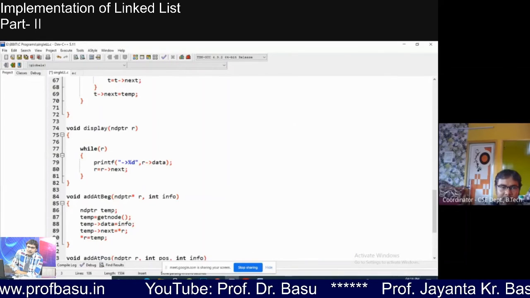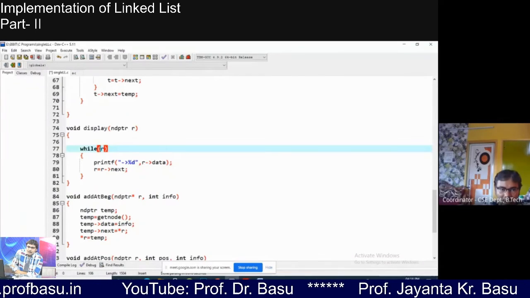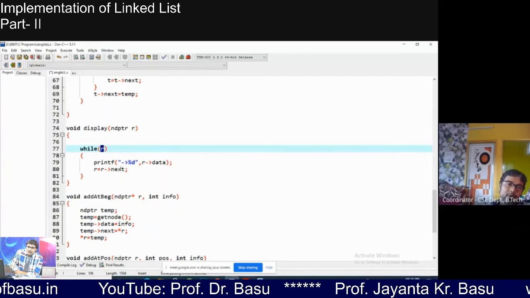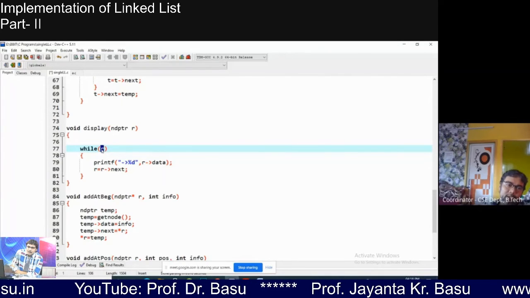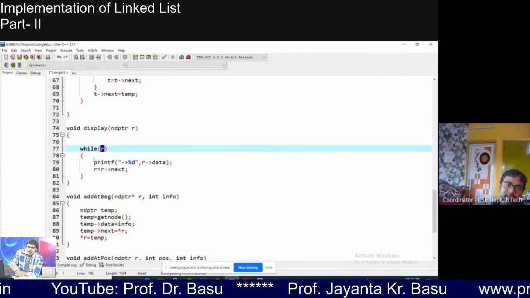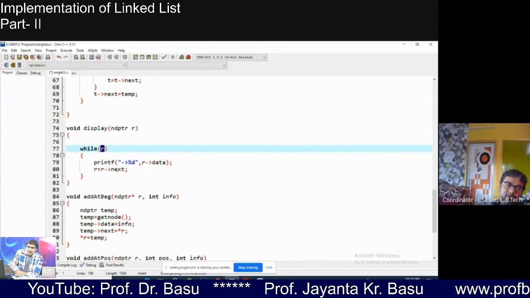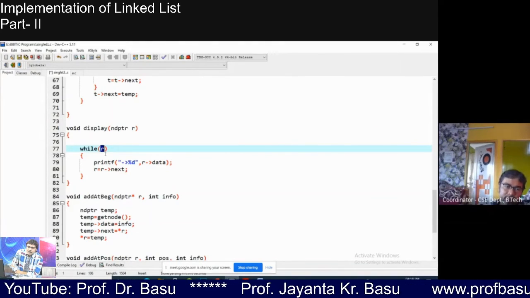So the loop will be stopped, because so long as r is not equal to null, the loop will continue. The moment r becomes null, the loop will stop. But by that time we have displayed all the information. Got it? Okay.